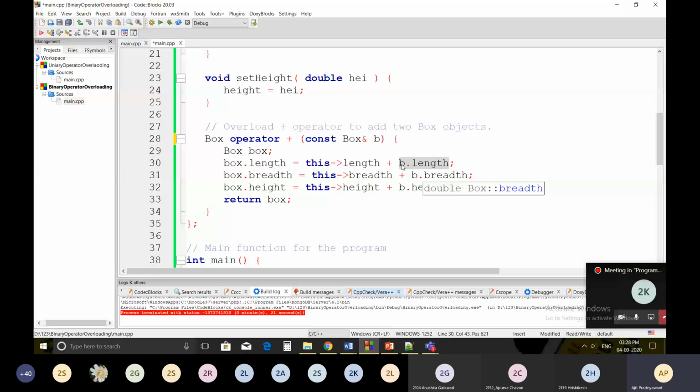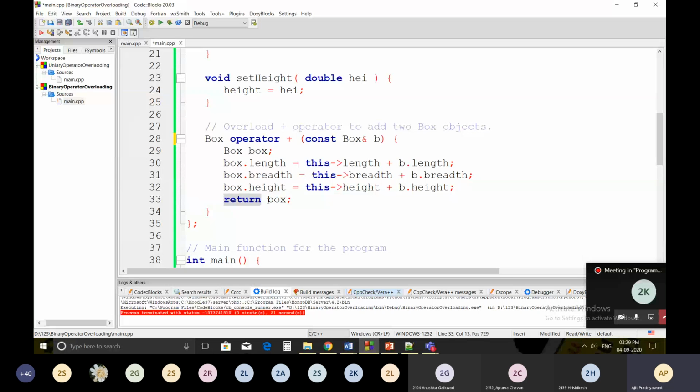The addition of this will be stored in box.length. Similarly, this->breadth, the first box breadth, plus the second box breadth, will be added and stored in box.breadth. Similarly, this->height plus b.height, the first box height and the second box height, will be stored in box.height.